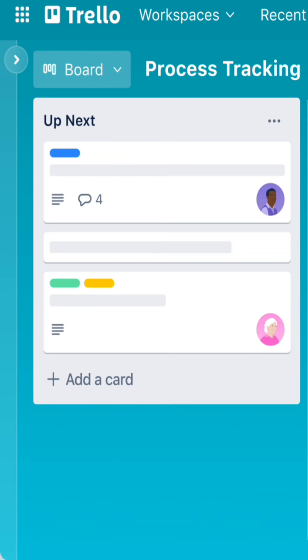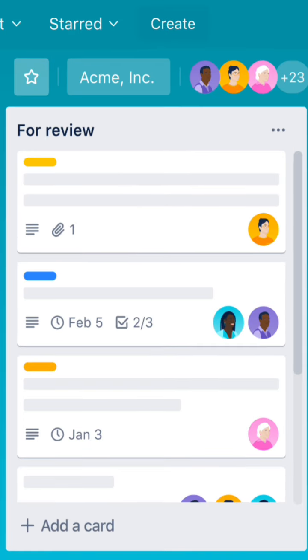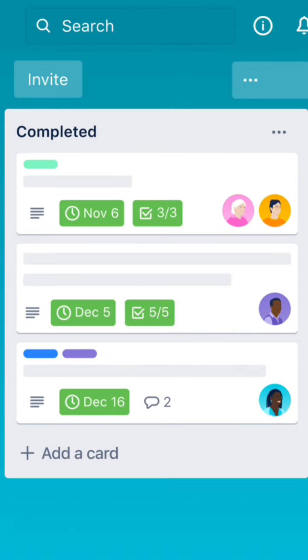Today I am going to share important tools every virtual assistant must know and how to use them effectively. Tool number 1, Trello. Trello is your digital task board. You can create boards for each client, use lists for workflows and cards for tasks. You can assign due dates and checklists and track your progress in one glance.